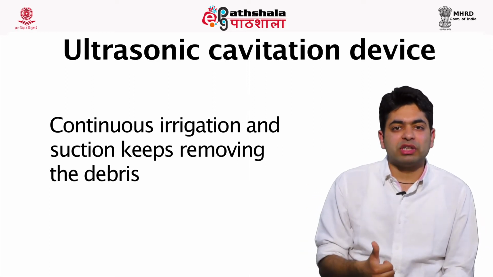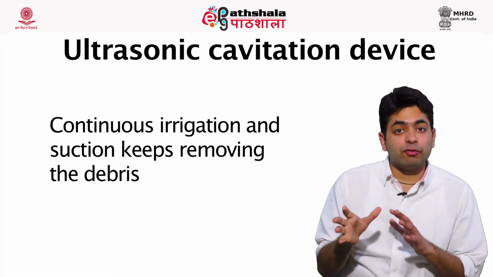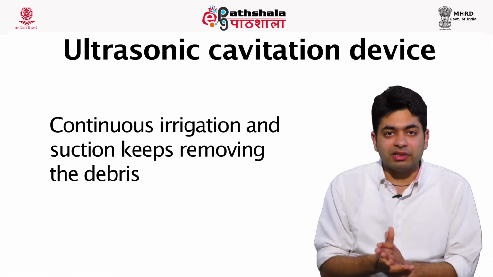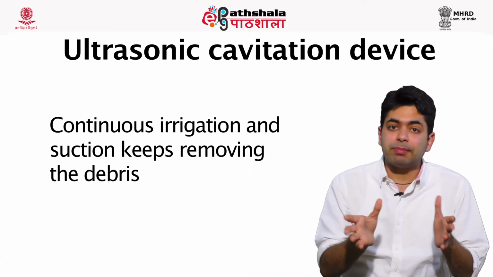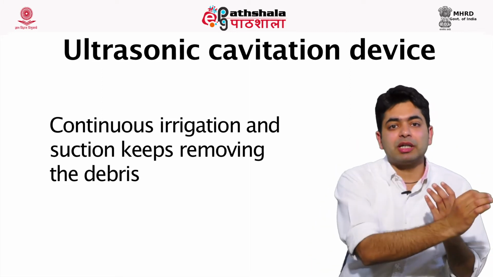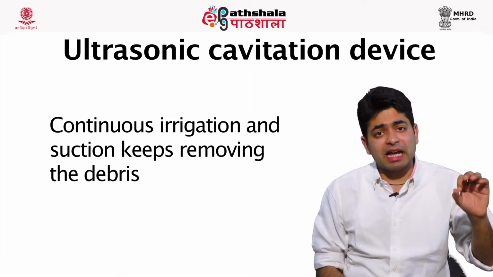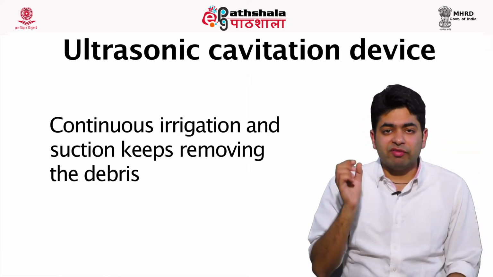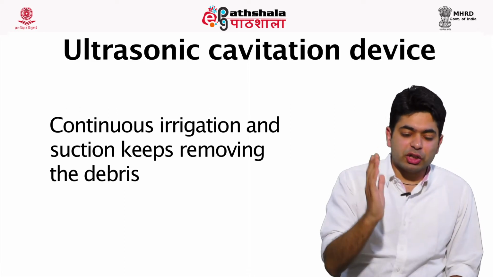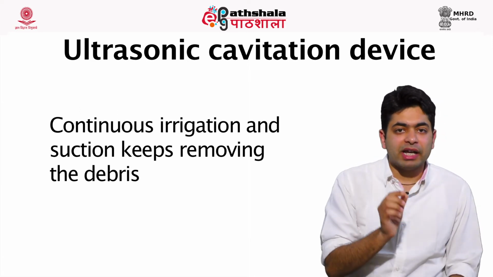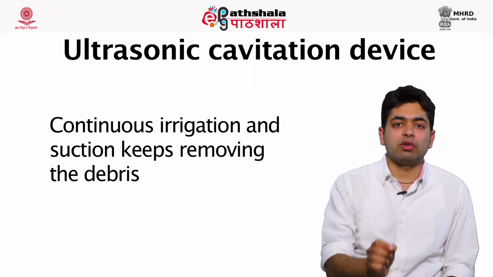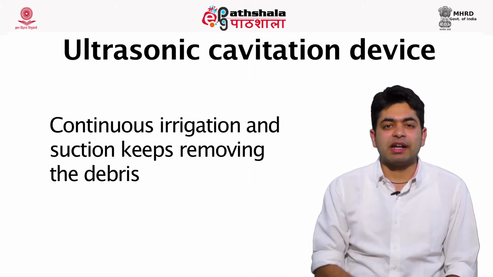The main use of this CUSA device is in areas where we have to locate structures of high collagen content, for example, the best example given is that of the liver. If we are performing deep liver surgeries, the liver tissue has a lot of water content, but the big vessels which are passing through the liver have high collagen content. So when we are operating with CUSA, in such cases, in deep liver surgeries, the tissue gets fragmented, gets sucked back, and we are able to delineate the vessels. So it has some specific indications. Similarly, it is also used in areas like the brain because of the similar advantages.